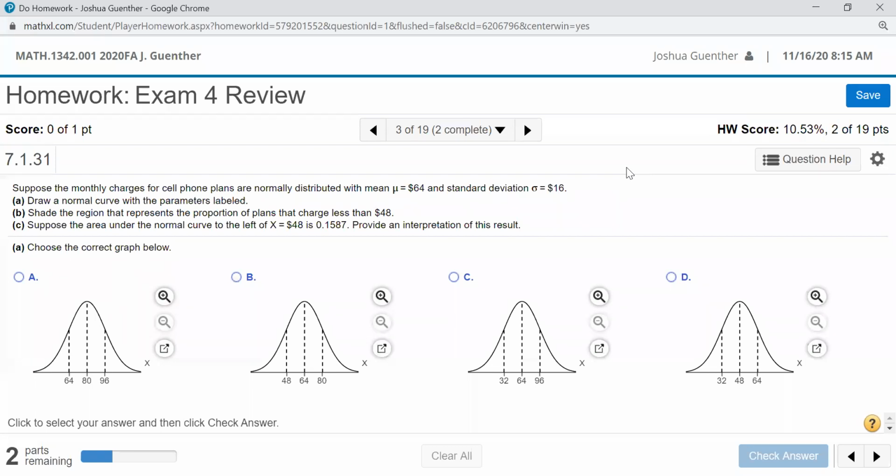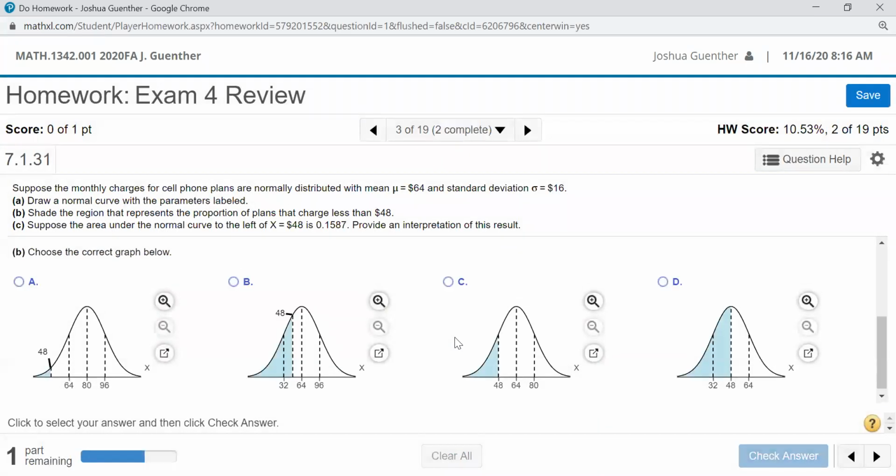So let's think. Here, we need to find a normal curve that has a mean of 64, standard deviation of 16. And hopefully you can just clearly see it's B. 64 has got to be in the middle. Now C also has 64 in the middle, but it looks like it goes 32 in either direction, which would mean the standard deviation would have to be 32, which is not the case. So part B,